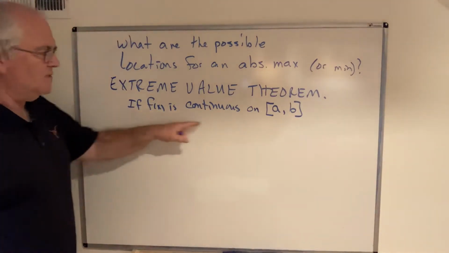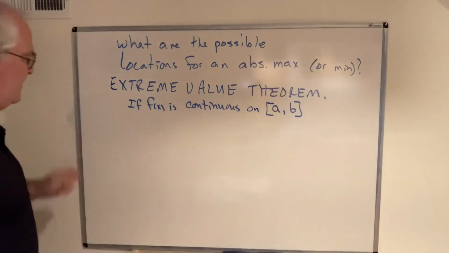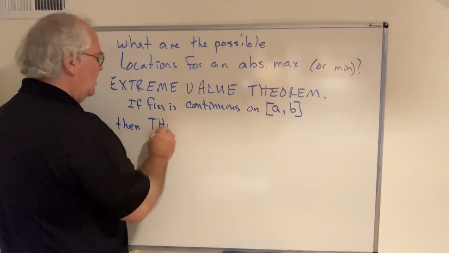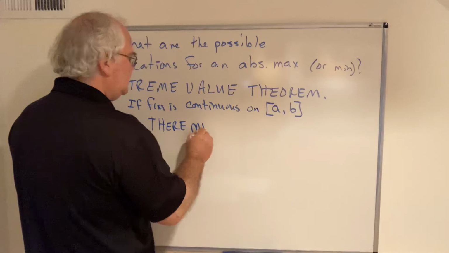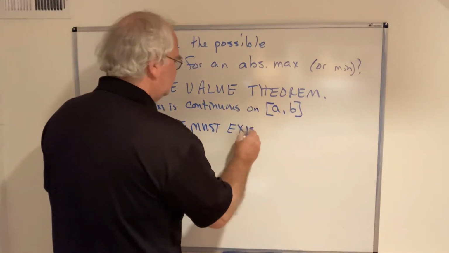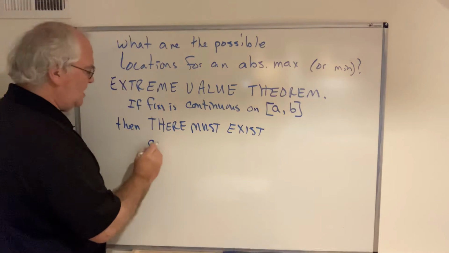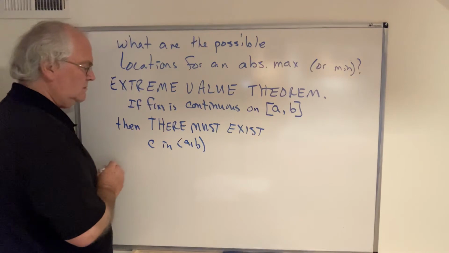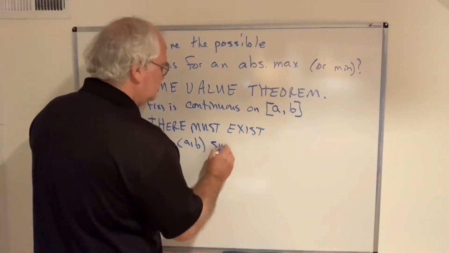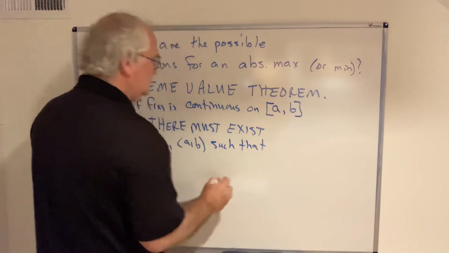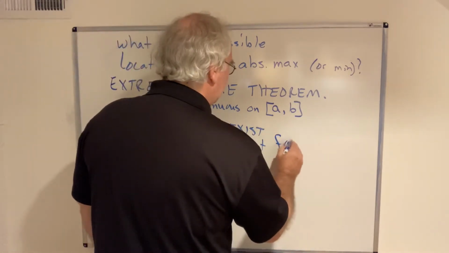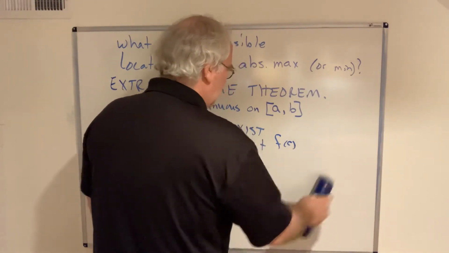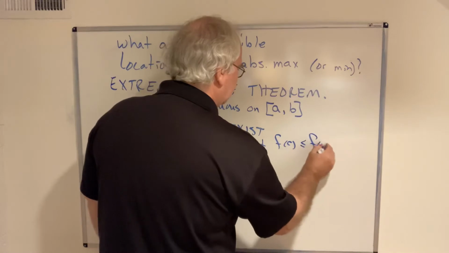If f of x is continuous on this closed interval from a to b, then there must exist c in the open interval such that f of c is, well, we'll say f of c is less than or equal to f of x